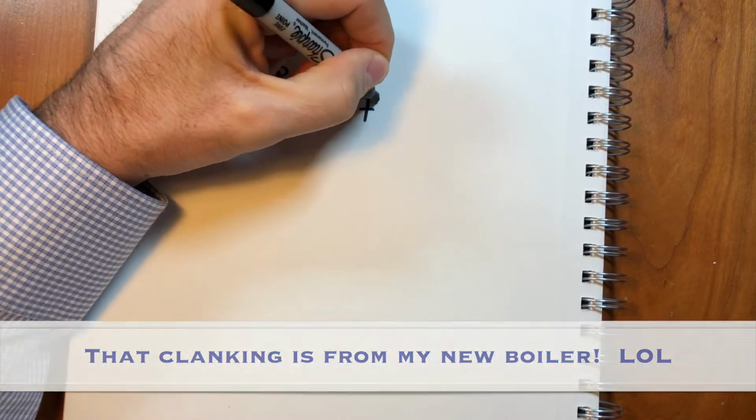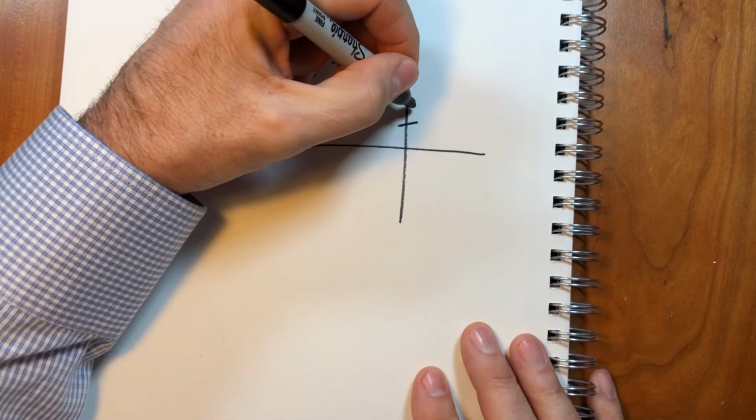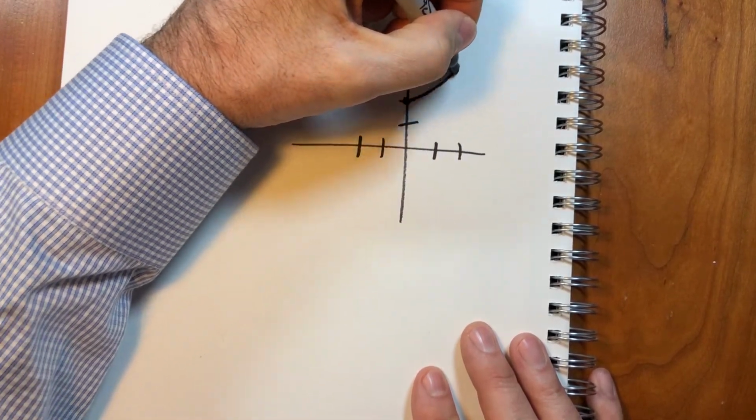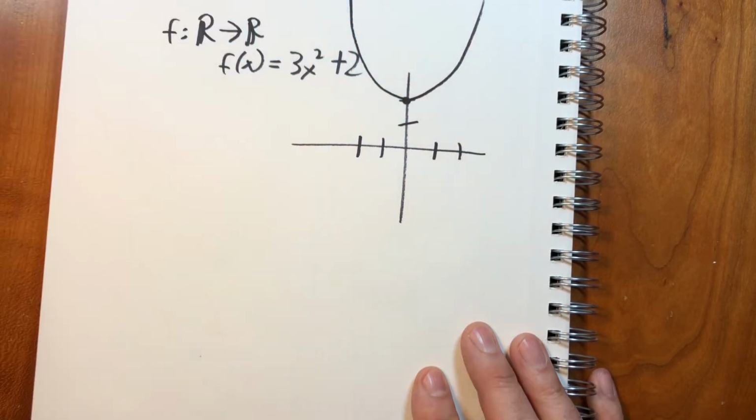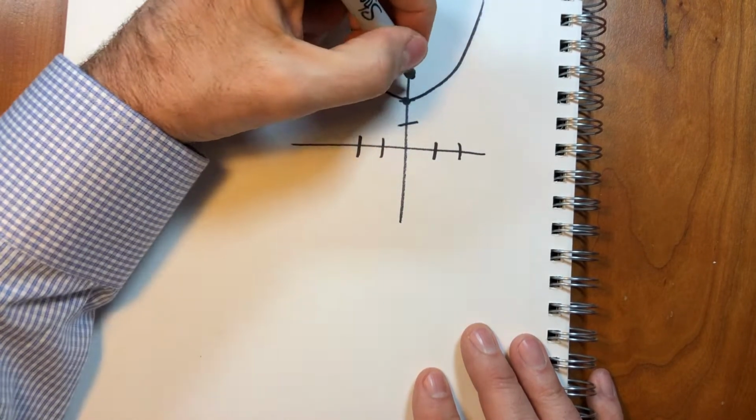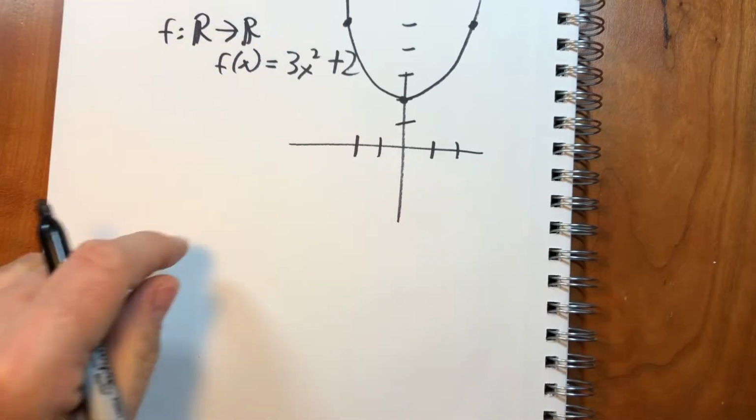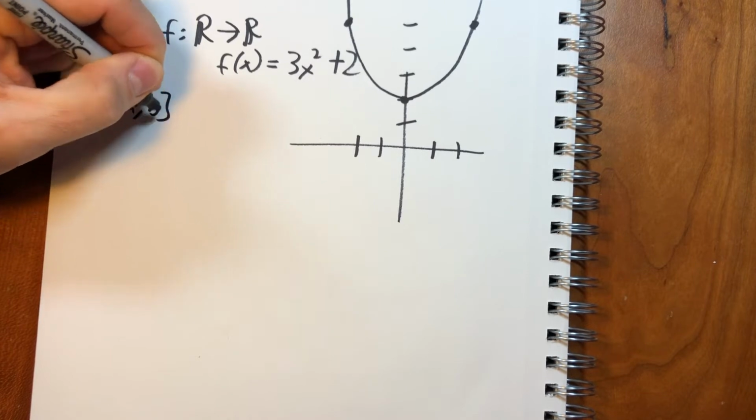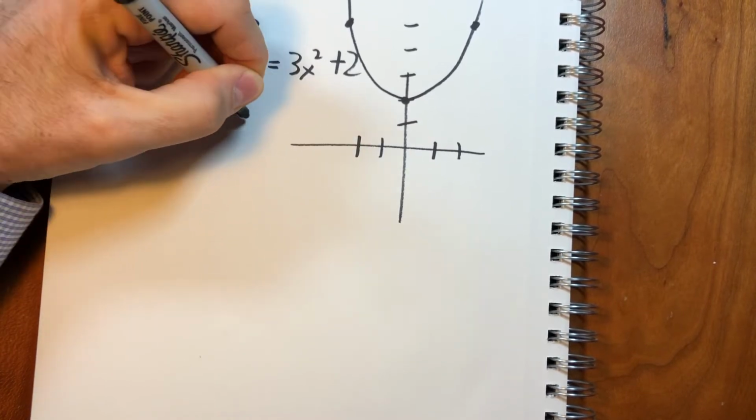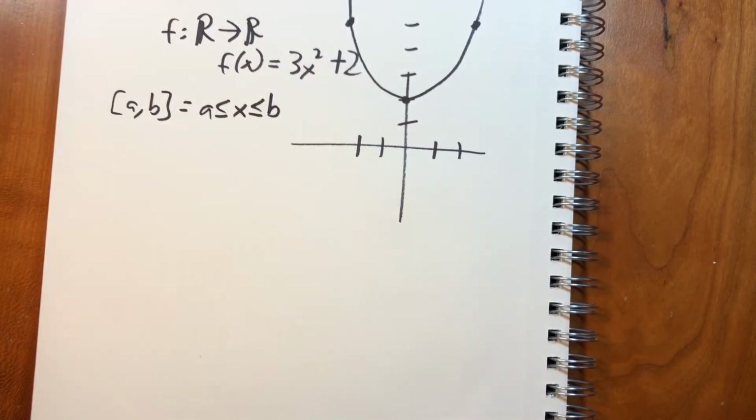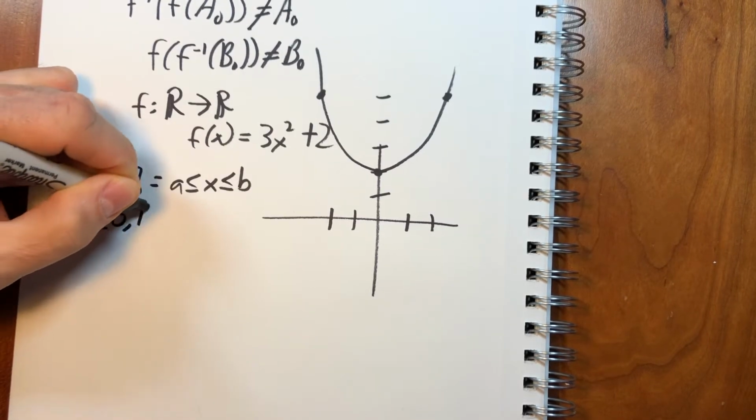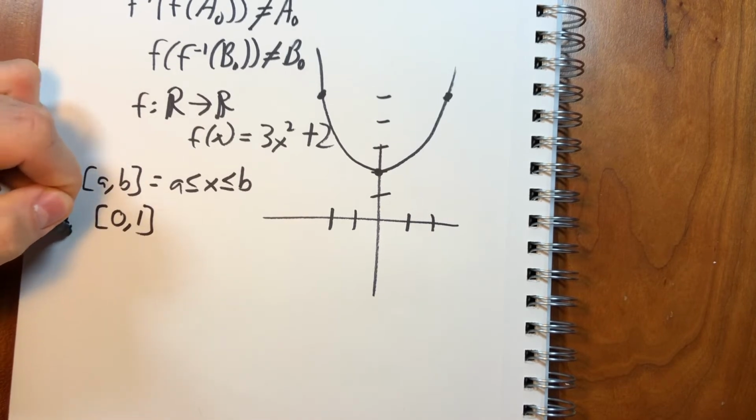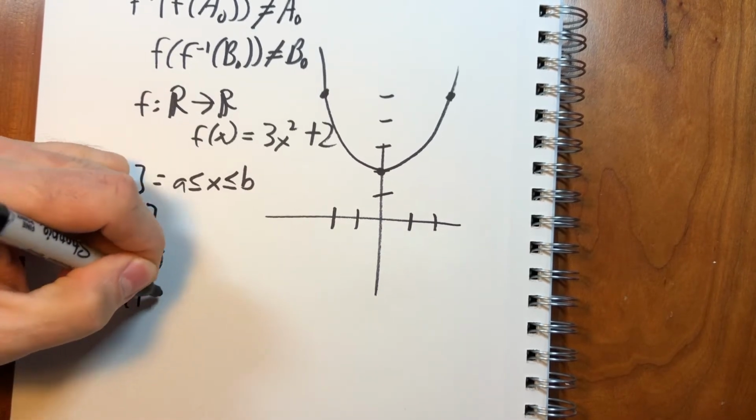So if we have a function from the reals to the reals, this function is a parabola, and it's offset a little bit off of the x-axis, and it's a little bit narrower than a normal parabola. So let's just look at a couple of subsets and see what happens. So square brackets A, B means all the x's in between A and B, right? So if we look at from 0 to 1 here, so let A0 equal that,